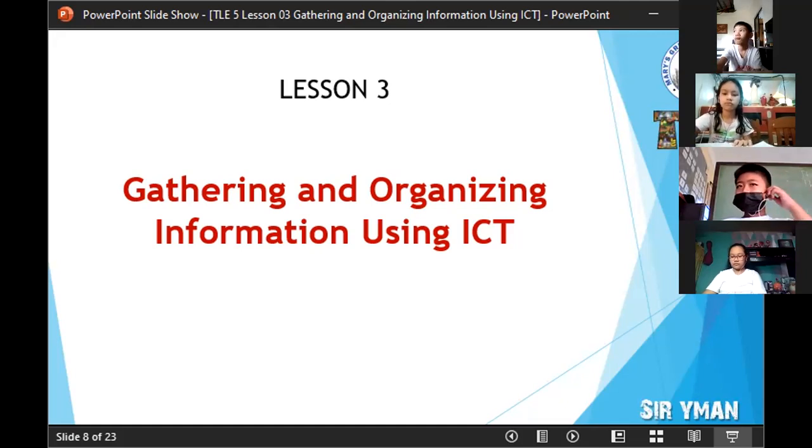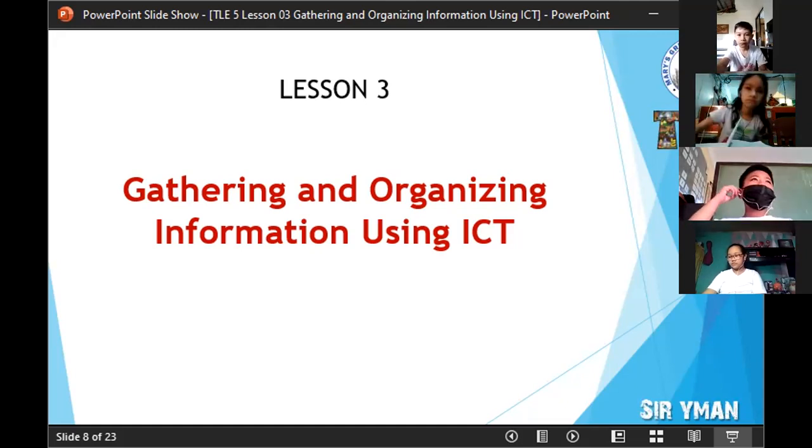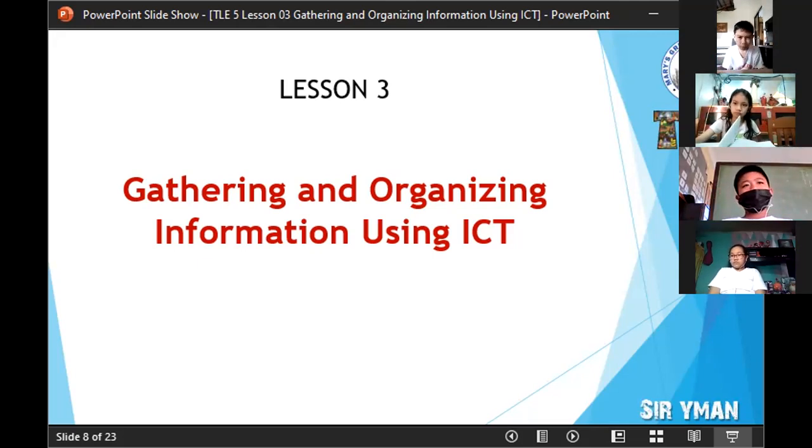Kaya malaking tulong. Kasi ICT in education improves engagement and knowledge retention. So when ICT is integrated into lessons, just like what we are doing right now, students like you become more engaged in your work. And this is because technology provides different opportunities to make it more fun and enjoyable in terms of teaching the same things in different ways.